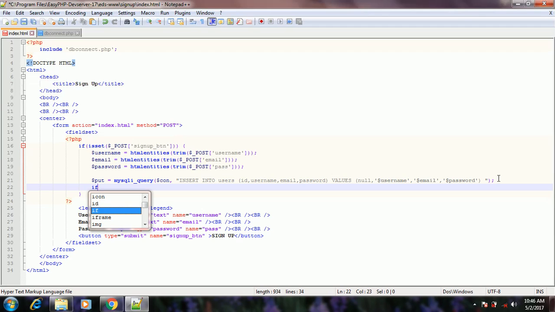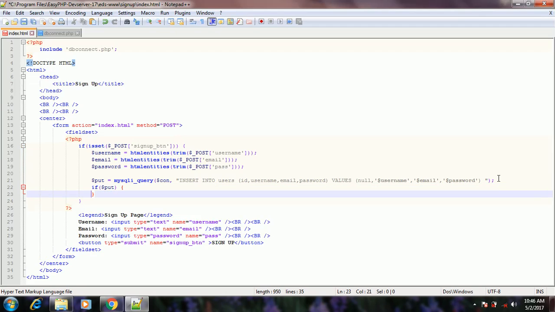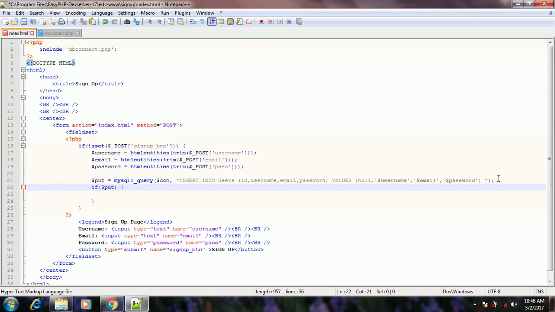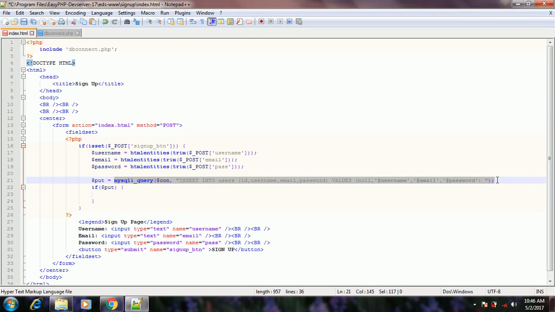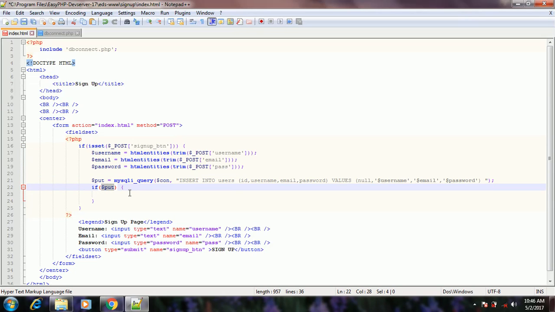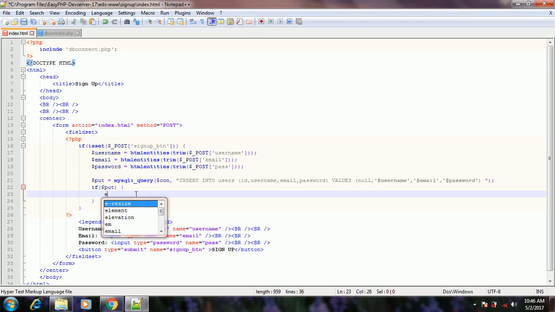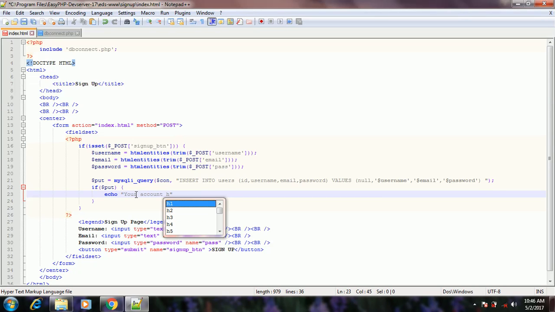So we say if $put. So you'll be asking, why didn't you use isset over here? Because the reason is that with this $put, it will be a boolean of whether this code was successfully done or not. So if it was successfully done, it will return a boolean of true. So if $put, meaning if it's true, what we want to do is tell the user that his account has been created. So let's say your account has been